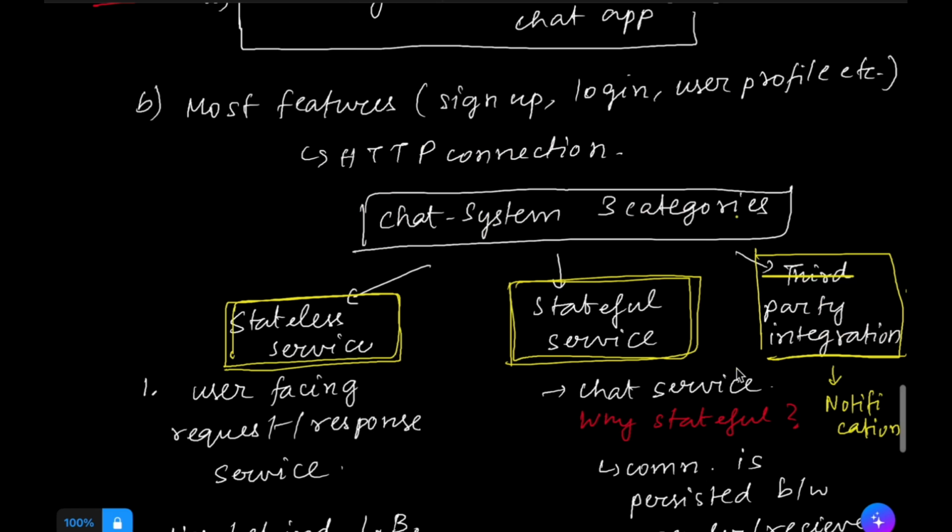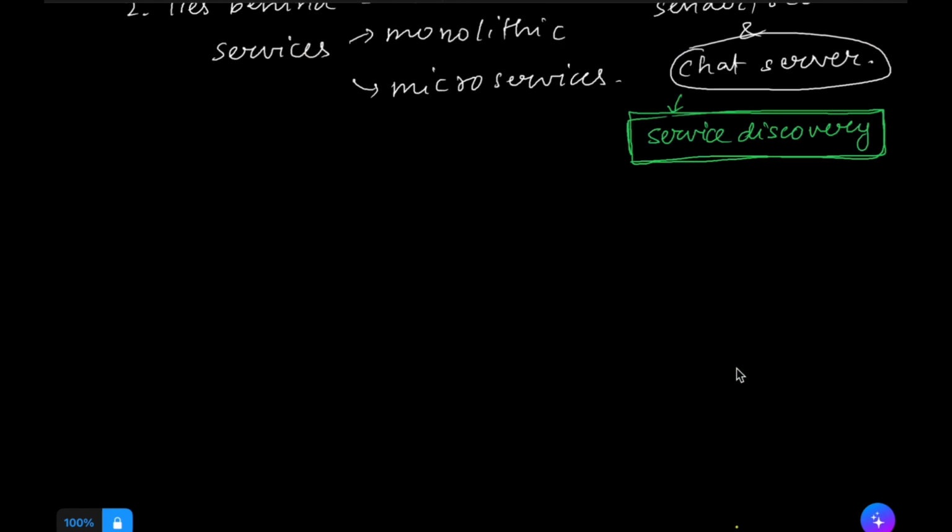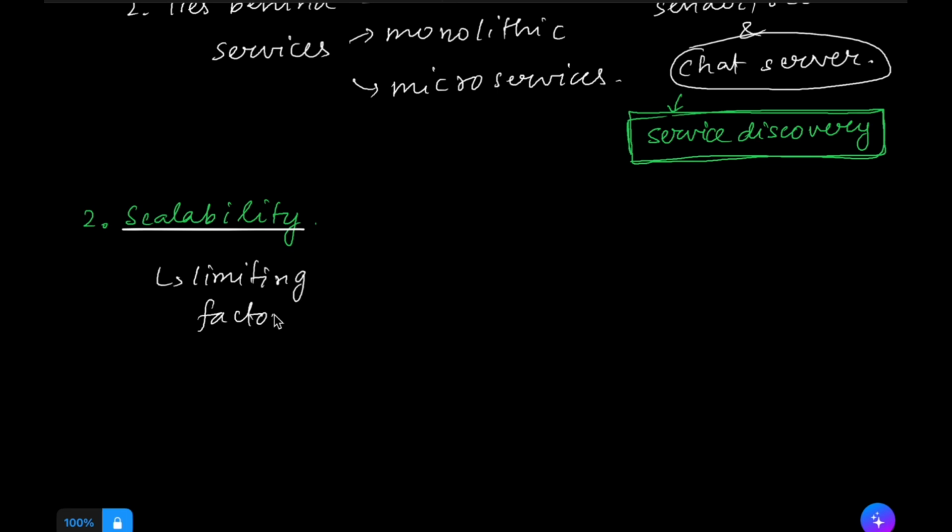The next thing we'll be looking into is scalability, how we scale our chat application. One of the limiting factors with our server is the concurrent connections which the users, the receivers or the senders, try to establish with the chat server. Let's say we have 1 million concurrent users. What will be the limiting factor for which we need to scale our application? The number of concurrent users